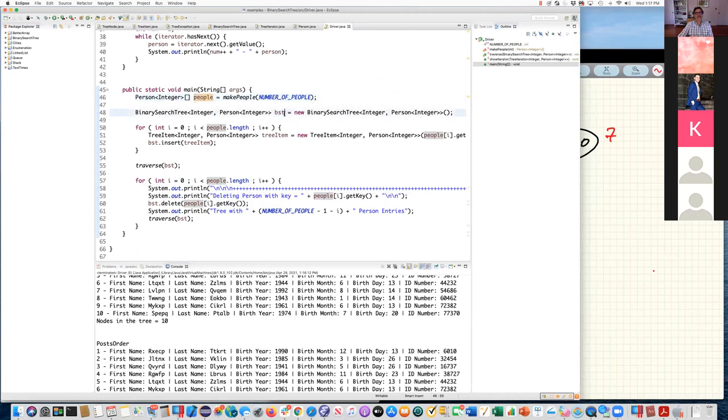And then I create a binary search tree and I go through and I insert every person in this array. And then I go through and I delete every person in this array, starting with the 0 entry, then the 1 entry, then the 2 entry. So in the same order in which I inserted them, I'm going to remove them. Okay, so that's what this code does.